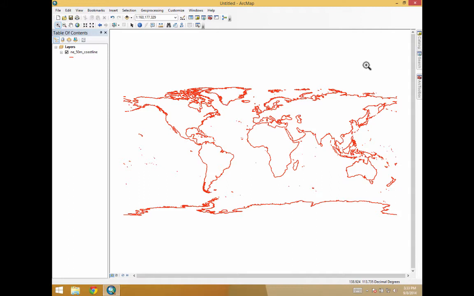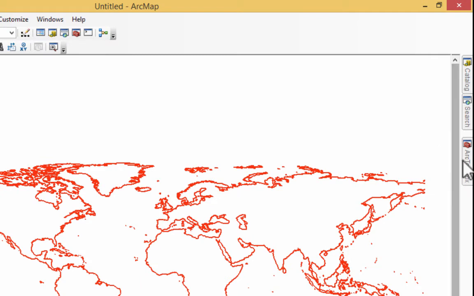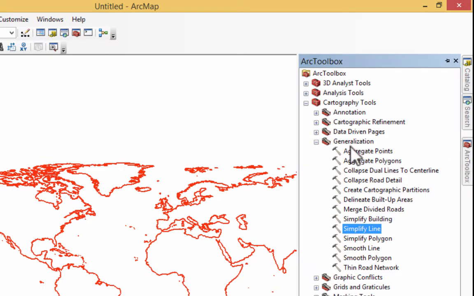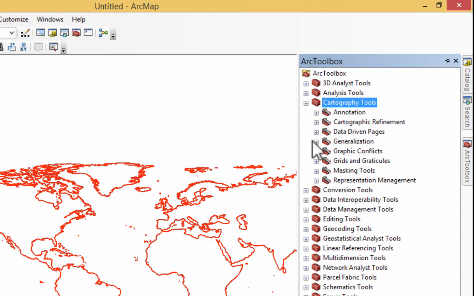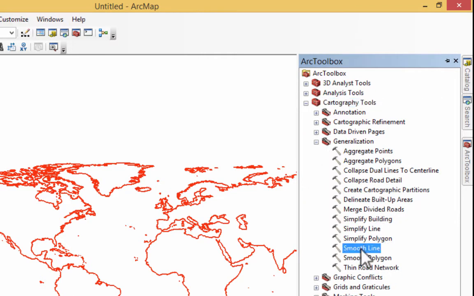So in the example here, I have a coastline shapefile, a line file, and as you can tell, it's way too detailed for a map at this scale. You can see all the lines bunching up, and there just isn't enough space for all the lines to be adequately portrayed. It's too detailed. So the first thing I want to show you in generalization is the smoothing of lines. So to find this, you go to Arc Toolbox, Cartography Tools, Generalization, and let's do Smooth